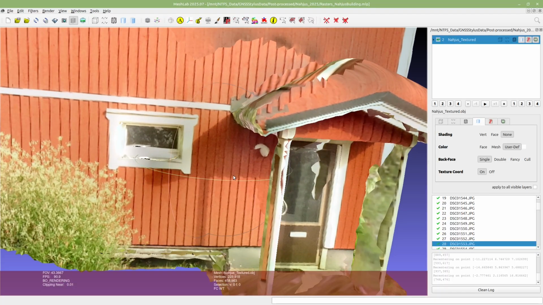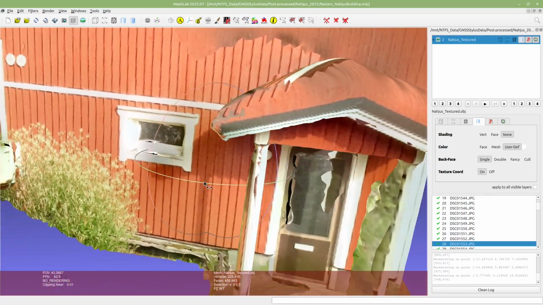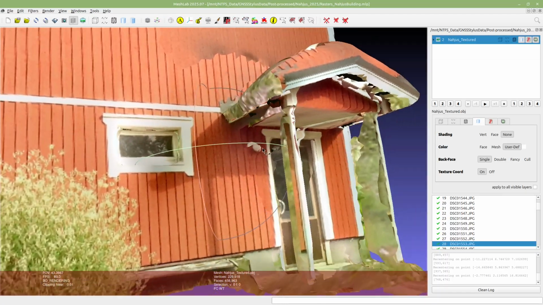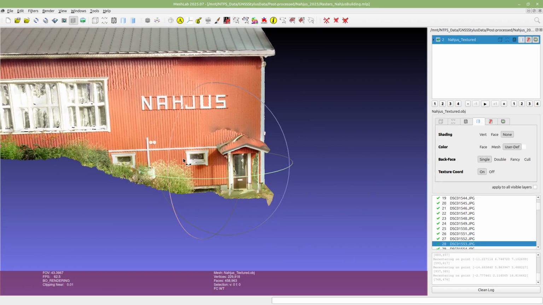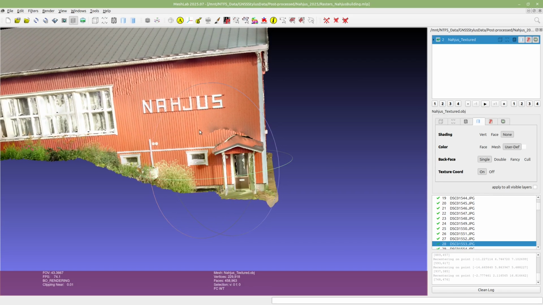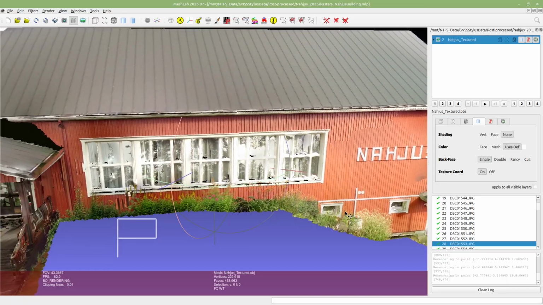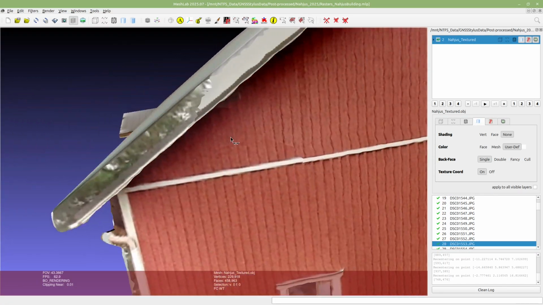And also these sharp shadows here can be seen on that particular area here, and also these discontinuities here. But well, this is what it is now.